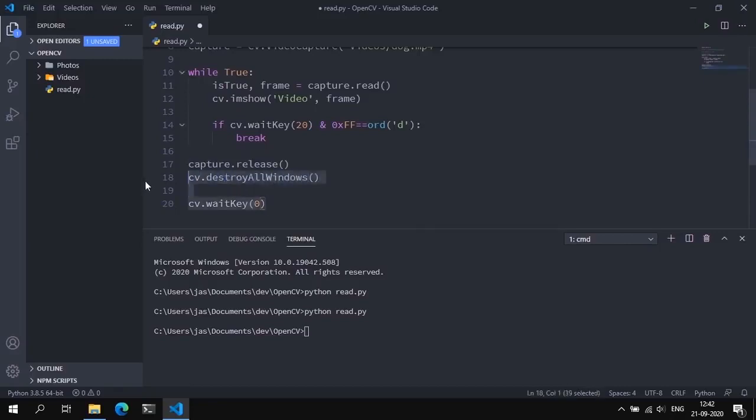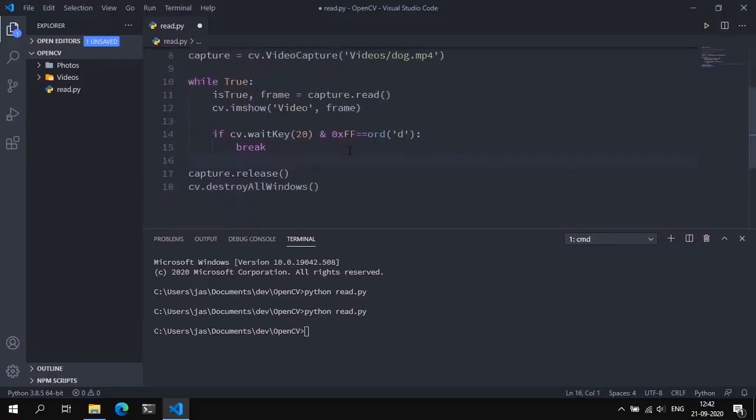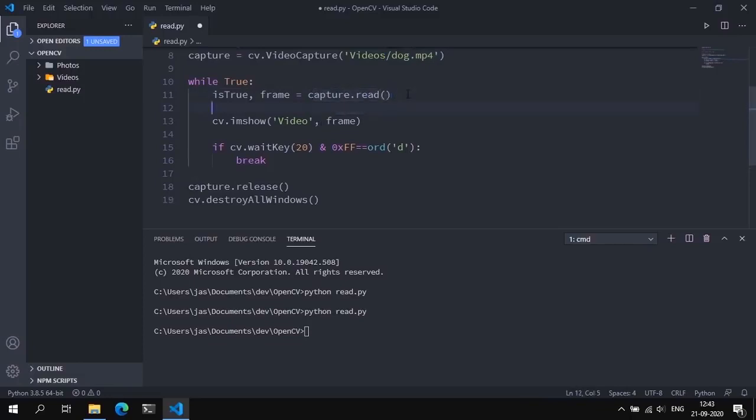And we can get rid of this. So basically, just to recap, the capture variable is an instance of this video capture class. Inside of the while loop, we grab the video frame by frame by utilizing the capture.read method. We display each frame of the video by using the cv.imshow method. And finally, for some way to break out of this while loop, we say if cv.waitKey(20) & 0xFF is